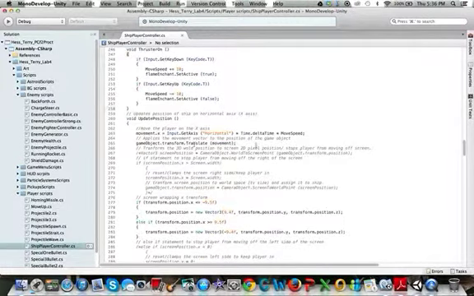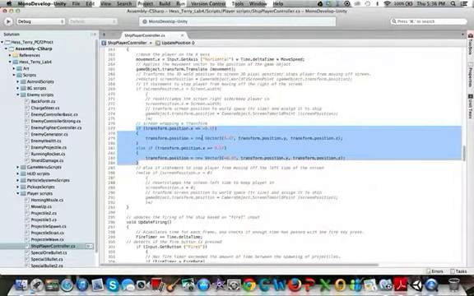Okay, and then here we have to make the ship move. This moves the ship on its x-axis, which is left or right, and instead of being 60 times for each frame, we have it in delta time, which takes it to seconds, so it doesn't move real jerky or anything. This little section of code makes it so the ship can go out the left side and back in the right,